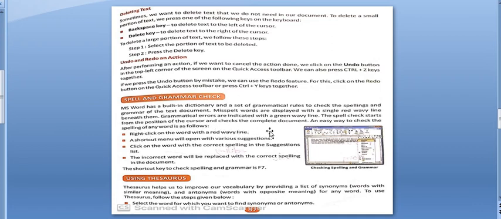Now, spell and grammar check, that is, spelling and grammatical mistakes. MS Word has a built-in dictionary and a set of grammatical rules to check the spelling and grammar of the text document. Misspelled words are displayed with a single red wavy line beneath them. Grammatical errors are indicated with a green wavy line. The spell check starts from the position of the cursor and checks the